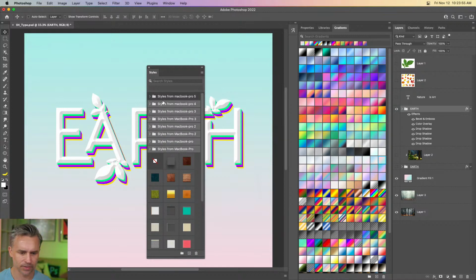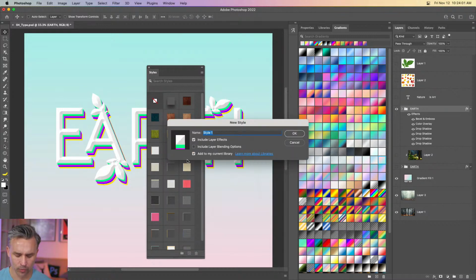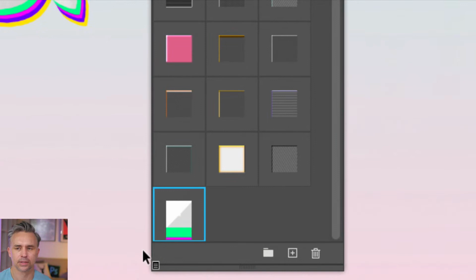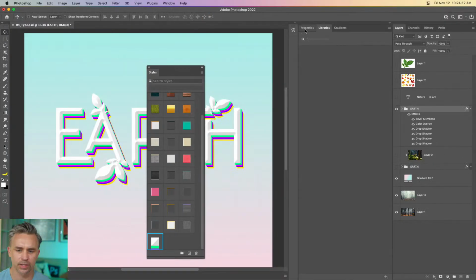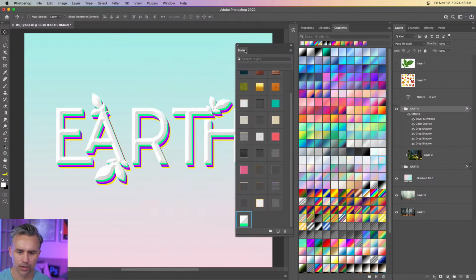Let's get rid of those. And just add this as a style. And we'll call this color banding. Boom. There it is, down there at the bottom. So again, I only create it once, and I can use it as many times as I want. Cool, got our styles all squared away.